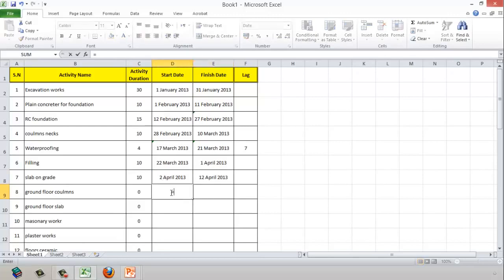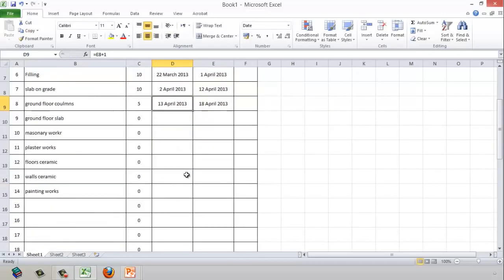Ground floor column after the slab on grade, and let's say it needs 5 days. Now I'm using this formula to calculate from the finish date of the above activity plus 1,